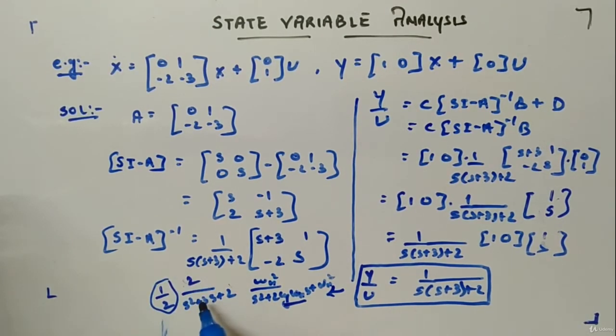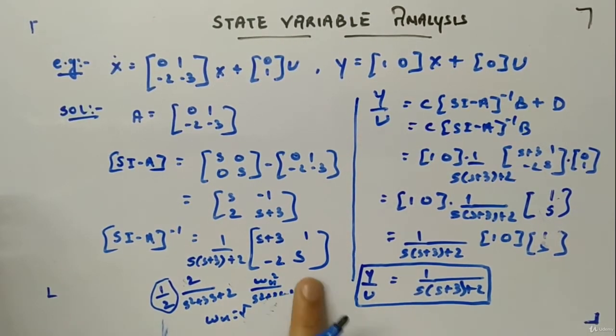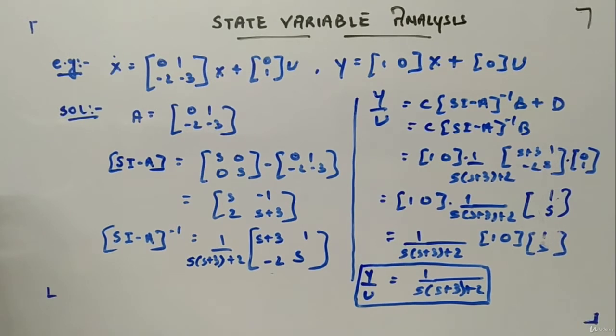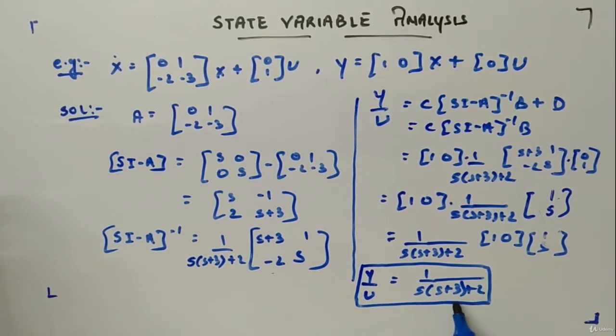This will be omega n square, and so omega n will be under root 2, and 2 zeta omega n will be 3. If you compare this, omega n is under root 2 divided by root 2 root 2, zeta will come out to be 3 divided by 2 under root 2. So this is just extra information I was telling you. Okay, so you can even calculate the values of zeta, omega n if it is a second order system.